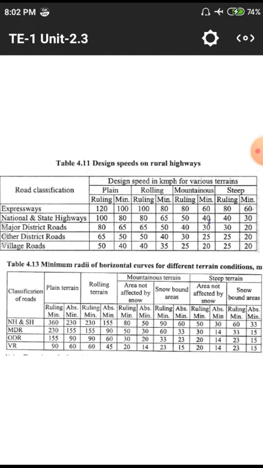Because we need to go a long distance in a short span of time, for those kinds of situations we will prefer national highways. For getting a smaller distance with a smaller time, we will not prefer those conditions. Next, the other one, we are having major district roads and other district roads.